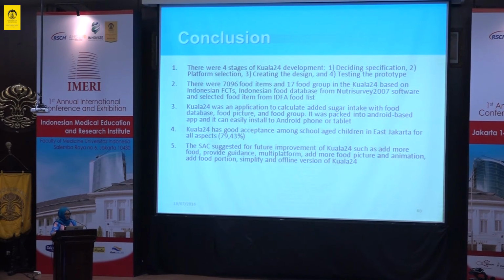So as conclusions, there were more than 7,000 food items and 17 food groups in KUALA 24, based on the Indonesian food composition table and the Indonesian food database. And KUALA 24 is an application to calculate added sugar intake with a food database, food picture, and food group. And KUALA 24 has a good acceptance among school-age children in East Jakarta. That's for all aspects, around